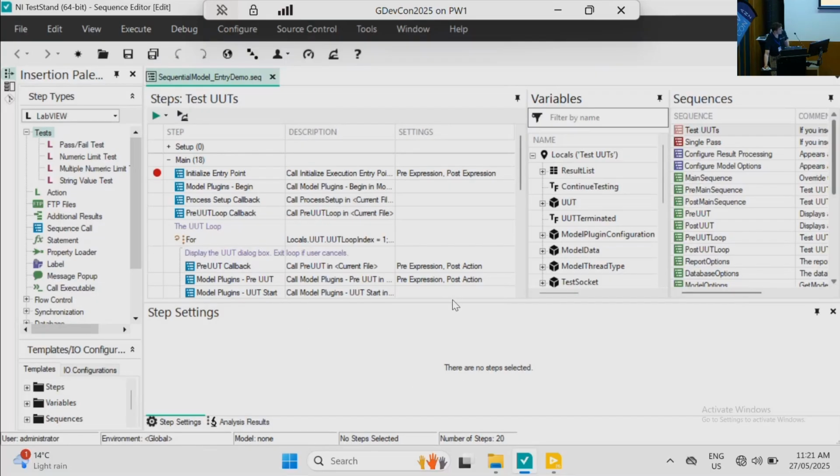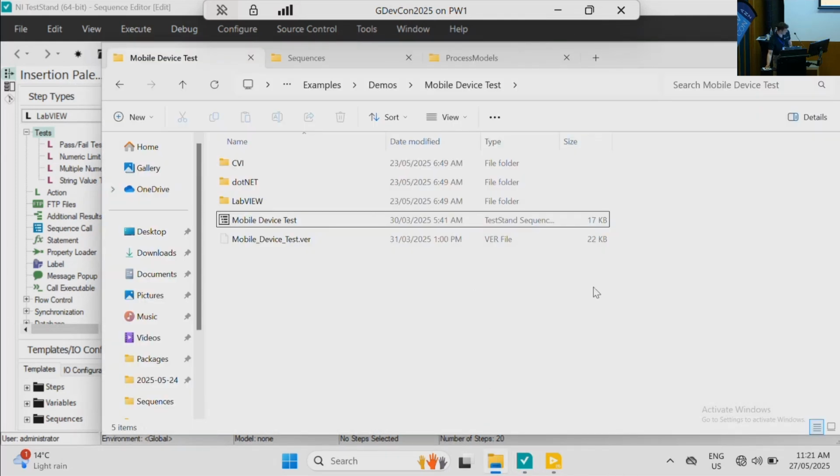So on this screen, I have a virtual machine running TestStand 2025 and LabVIEW 2025. So forgive me when I go into LabVIEW and I zoom by accident instead of changing the case structure. My muscle memory still does the wrong thing. So TestStand in general is a configuration-based tool. I've just got open a custom sequential model here, but in order to find from the start, if I go